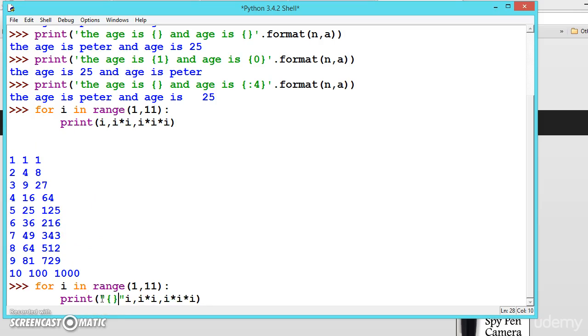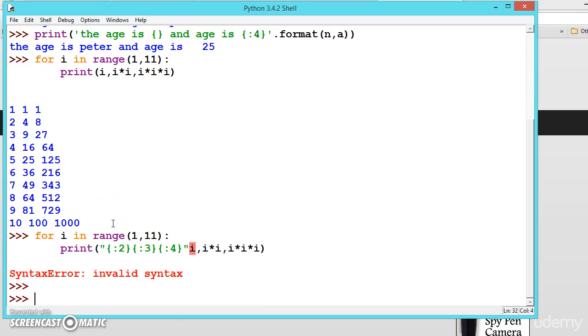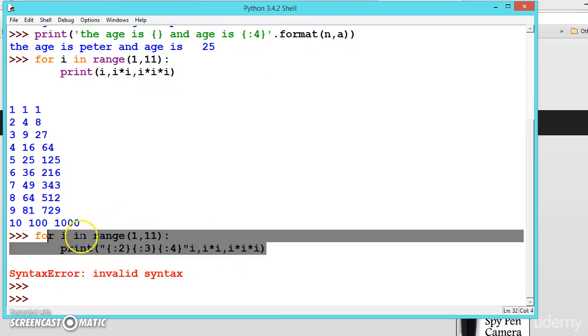Let's use the flower brackets 1 2 3 and give the spaces here, like let us give 2 here, let us give 3 here, and let us give 4 here. Now see the result. So we have to write dot format.